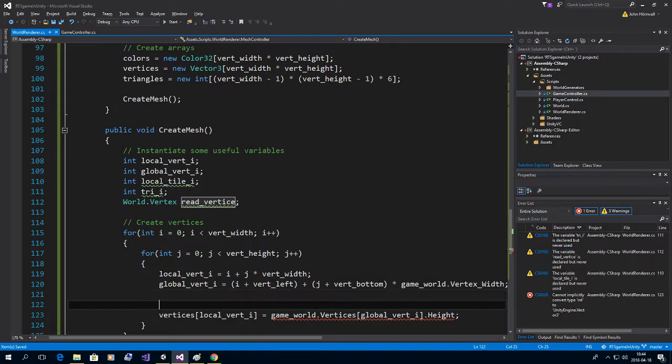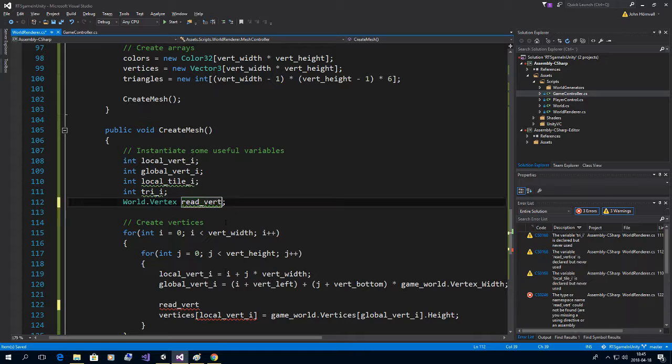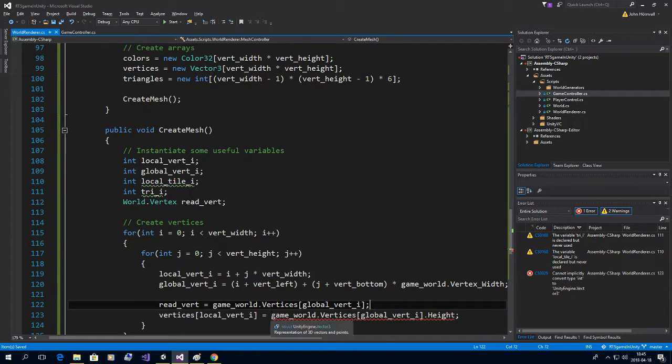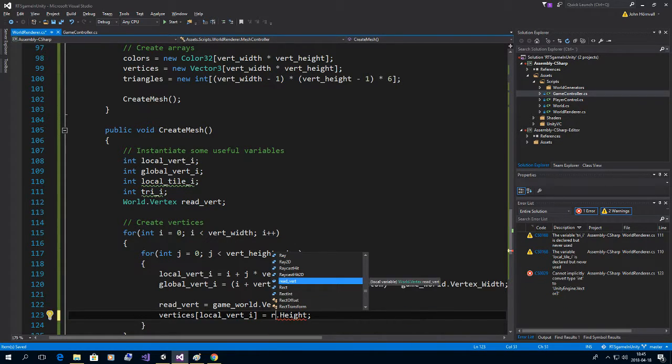So I want to say read vert is nice. So read vert equals game world dot vertices global vert index. It's not much, just to say read new vector 3